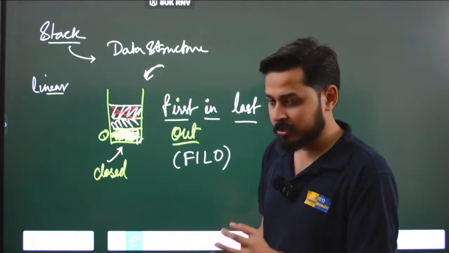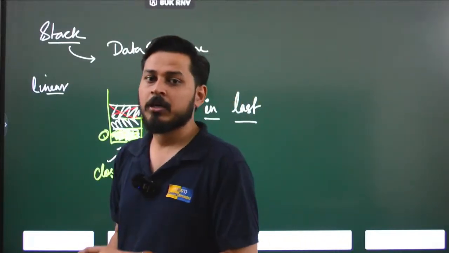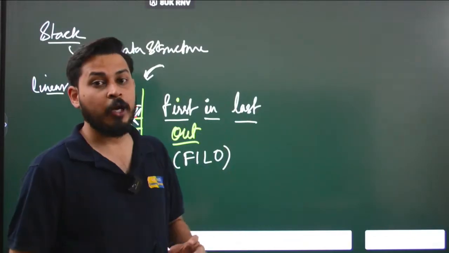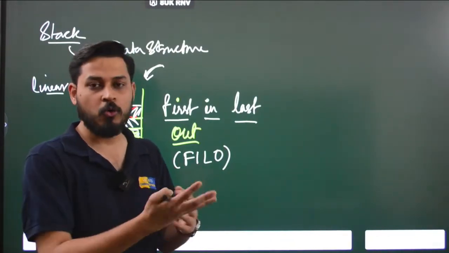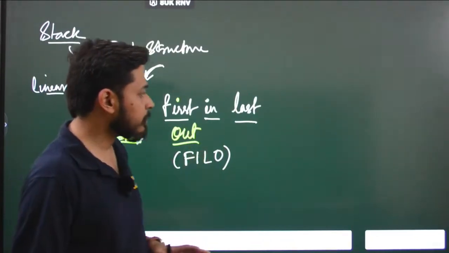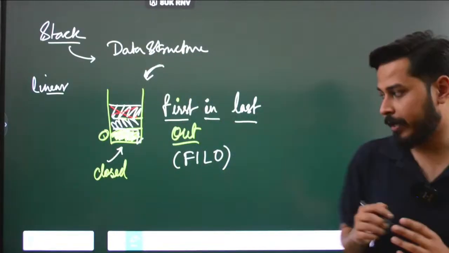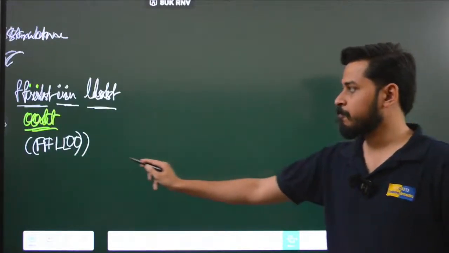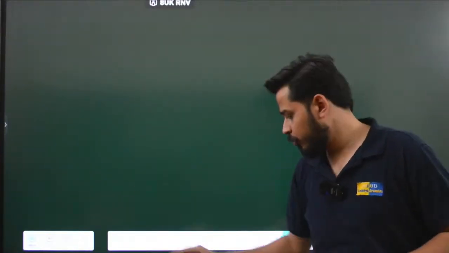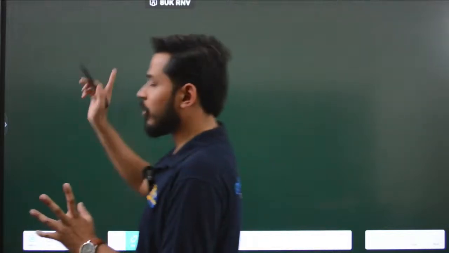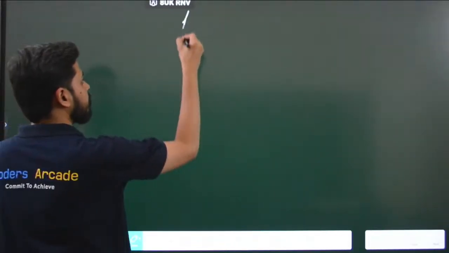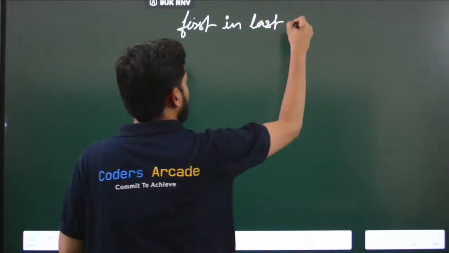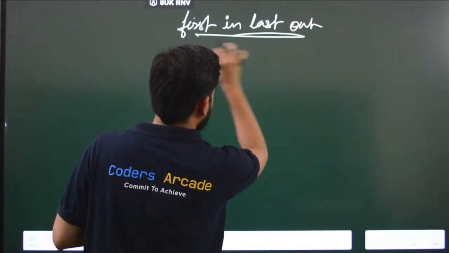Okay. Now this is the logic that I have explained to you. Now this is the theory basically. The main programming logic I am going to explain now, and then we will code for it. So let's understand how to code for it. First of all, I need to understand this thing. If I want to implement first in, last out, then to implement this concept,